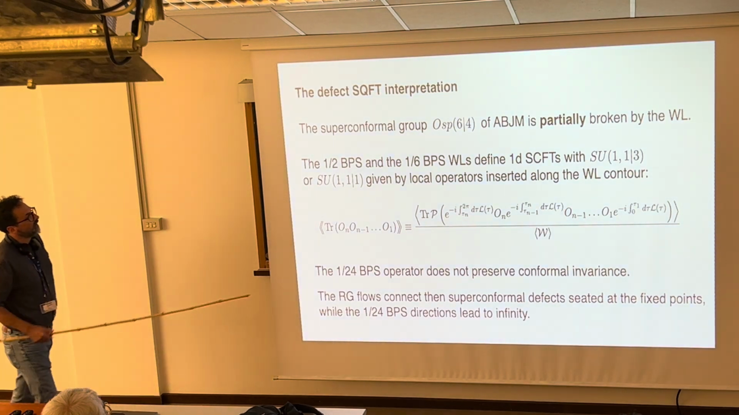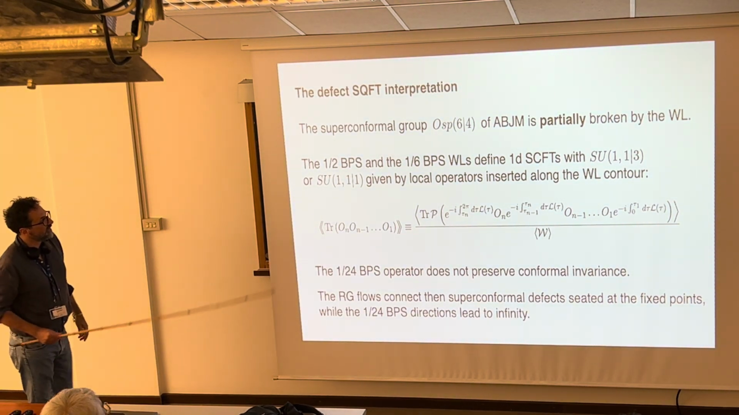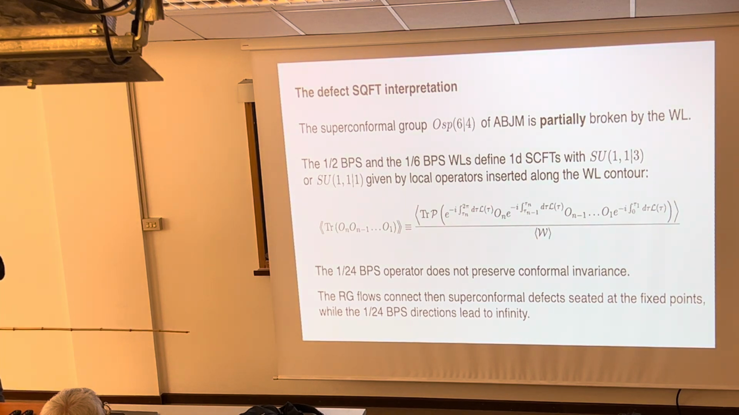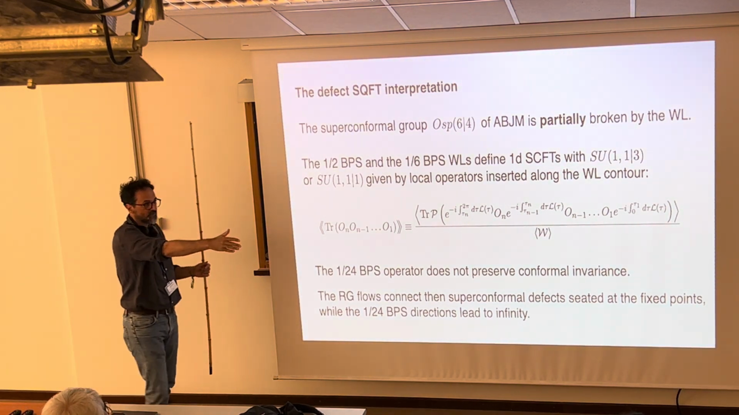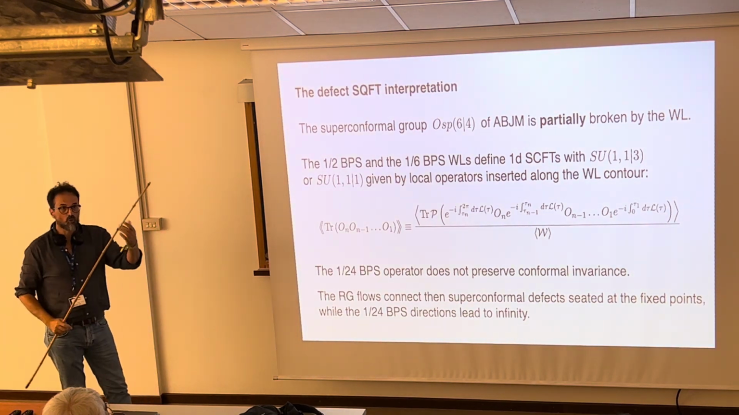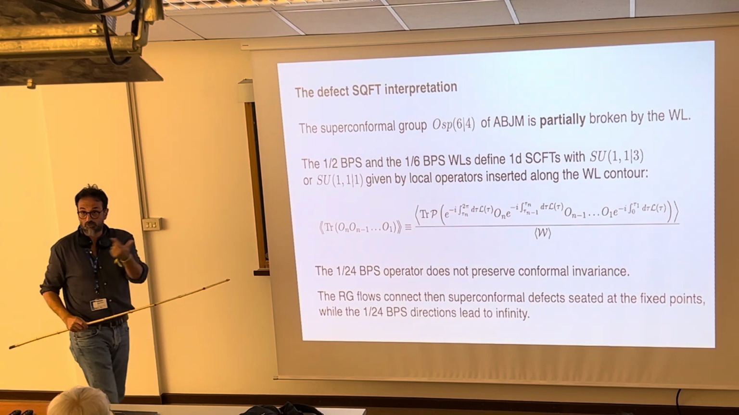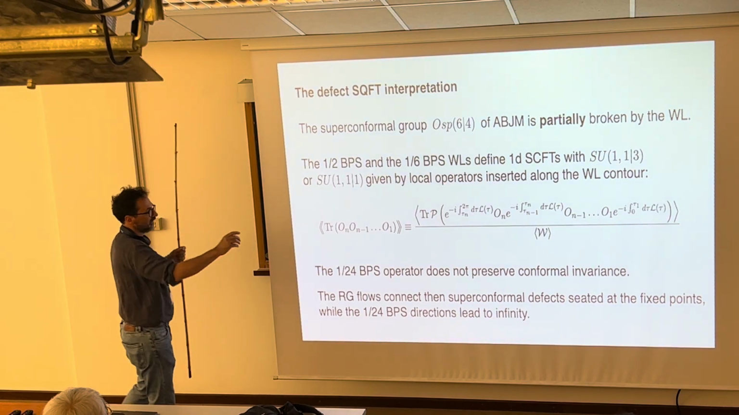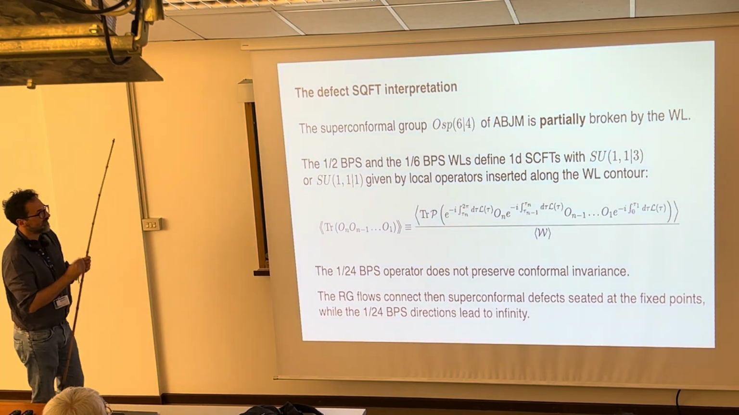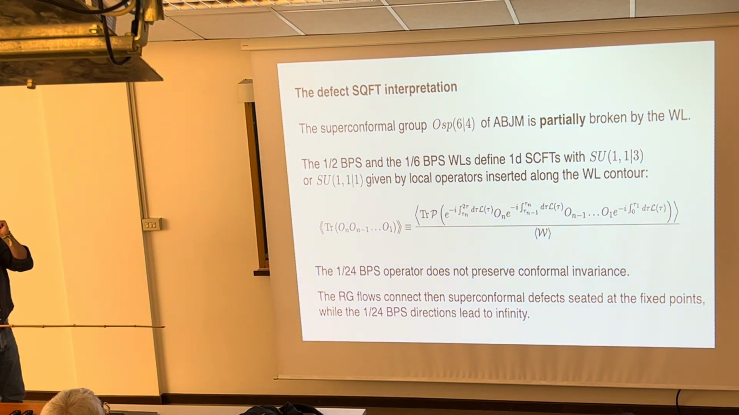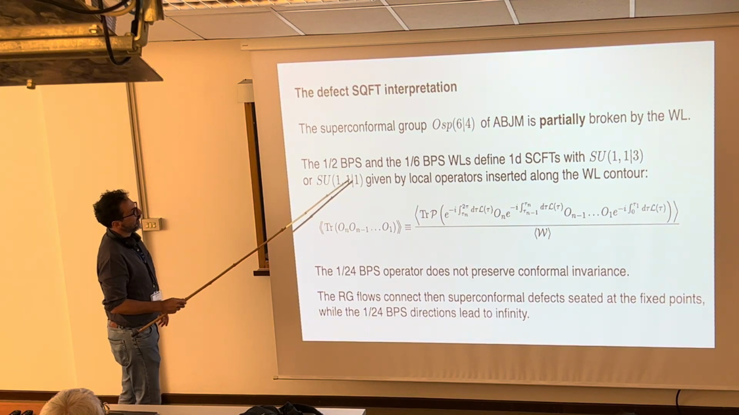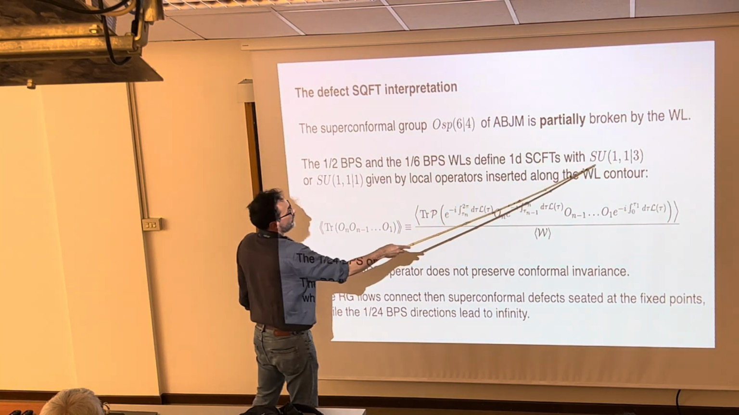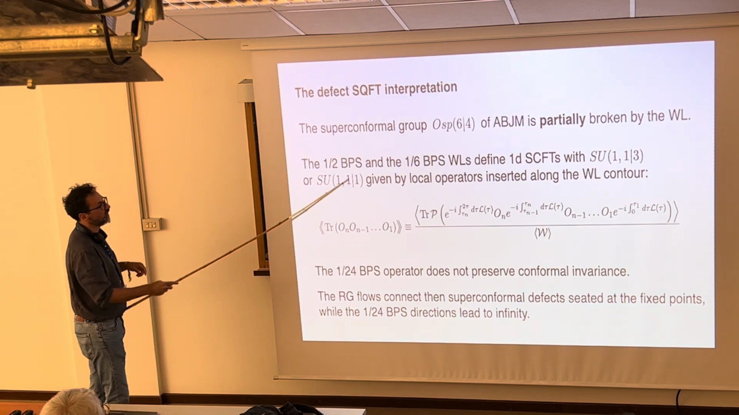superconformal field theories in 1 dimension. And so the idea is that you have the superconformal group of ABJM, which is OSP(6|4), which, once you put a line or a circle in the theory, gets broken down but preserves a 1-dimensional conformal symmetry, which is essentially, for the line, translations along the line, dilatation, and special conformal transformation along the line. And so, for example, if you look at the 1/2 BPS and the 1/6 BPS Wilson loops, they have 1-dimensional superconformal field theories with